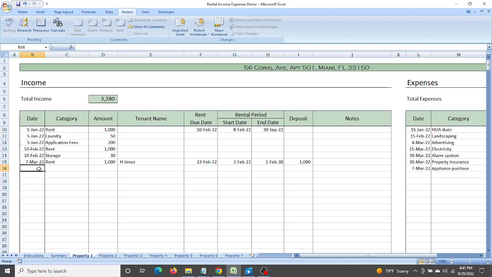If we go down and enter a date, say March, and then enter another income, for example parking, enter the amount, say $20, and you can go on and so on and so forth. Keep entering the categories, say another rent, enter 1,000, enter the date,